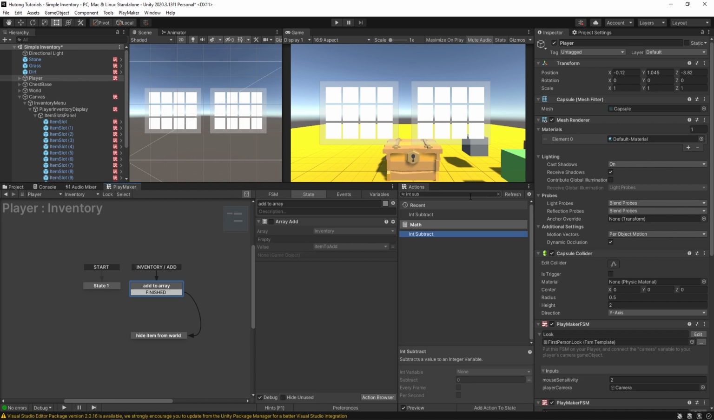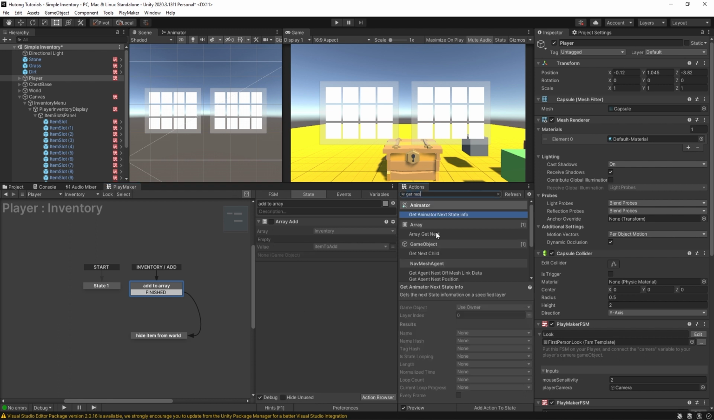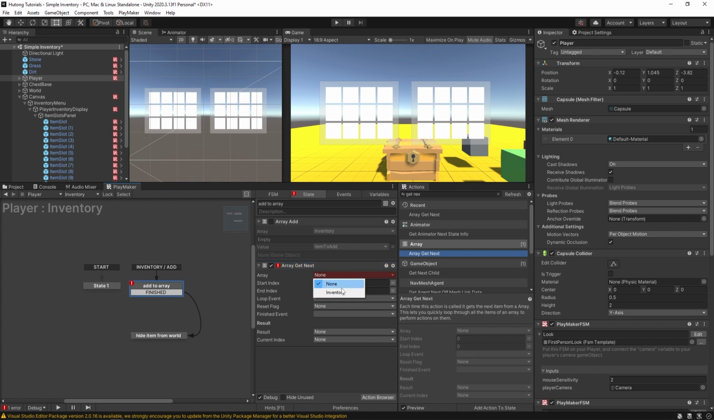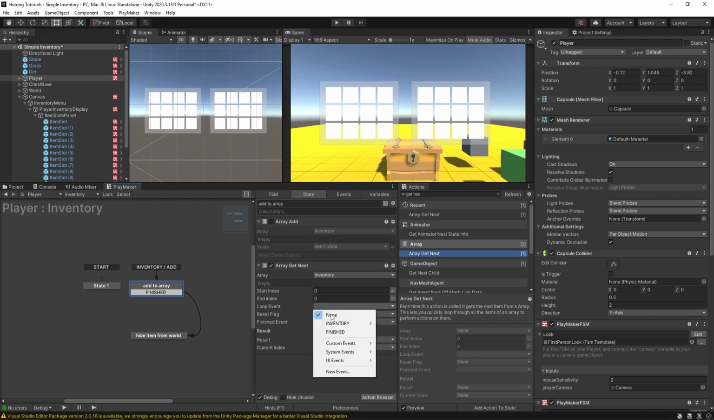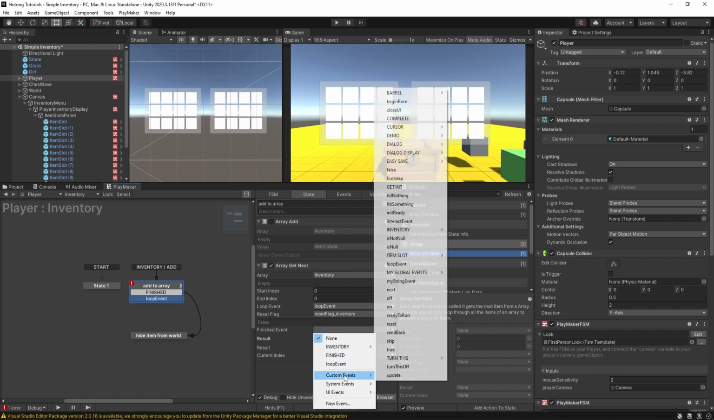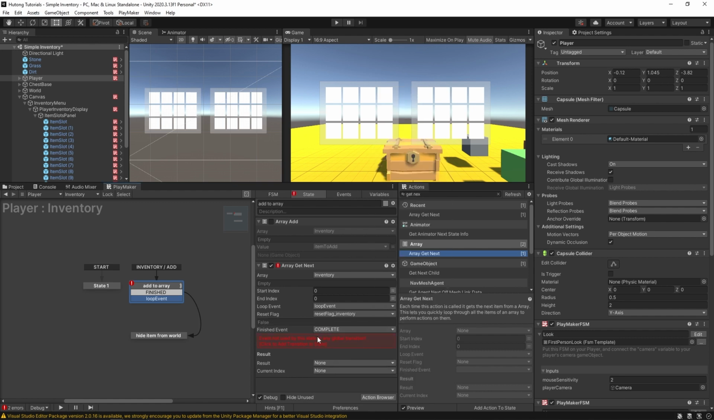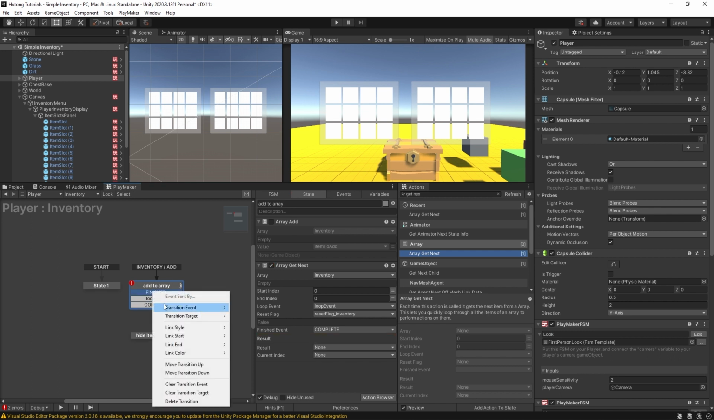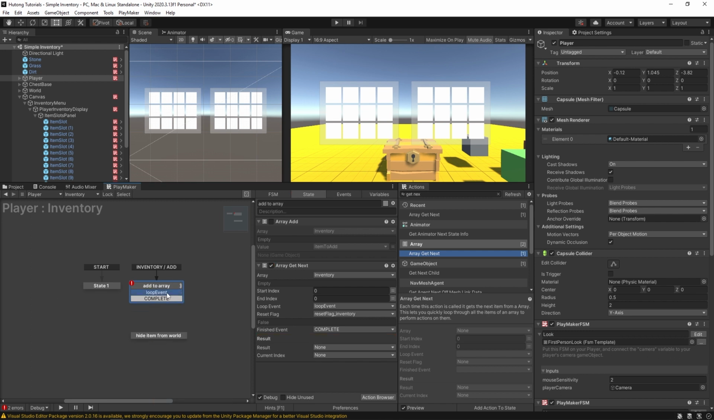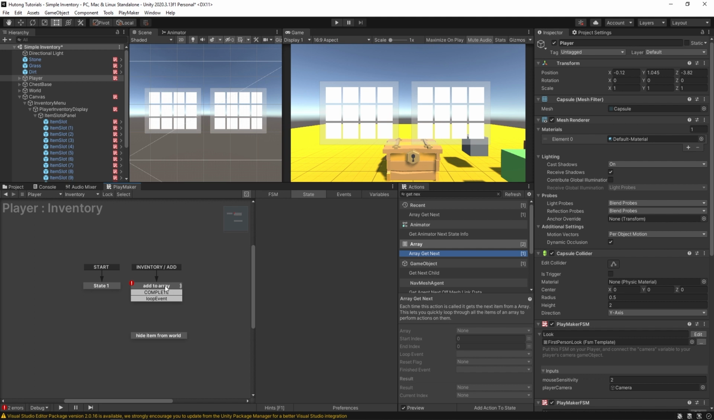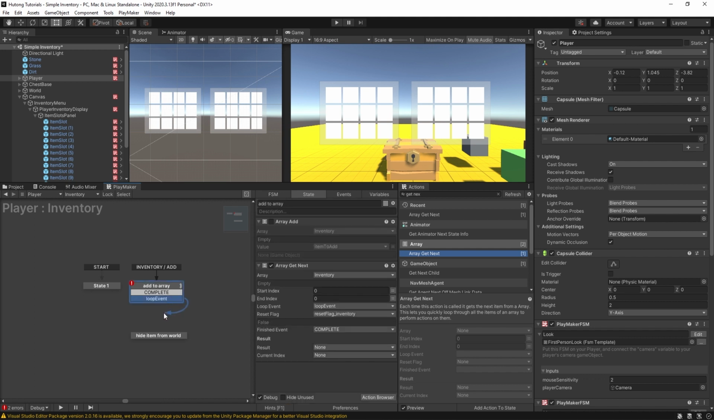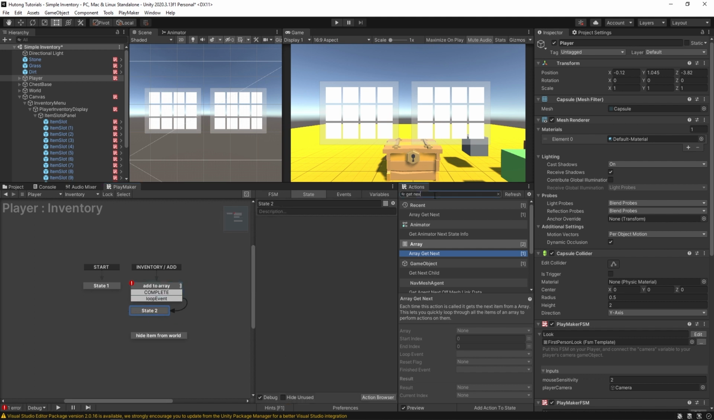The way you could do this is by doing an array get next, and we're going to be cycling through our inventory. We'll have a loop event, we'll have a reset flag, we'll call it reset flag underscore inventory, and a finished event, which will just be a complete transition. Okay, I'm going to get rid of this original finish transition, and I'm going to move this loop event down. So the loop event is going to come down here, and it's going to do a